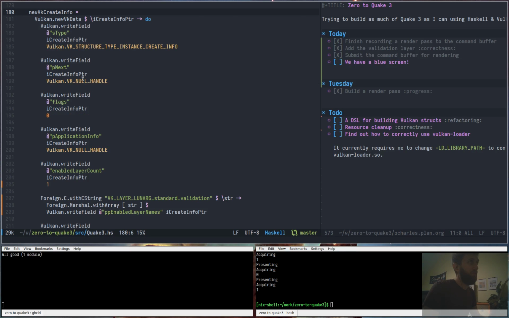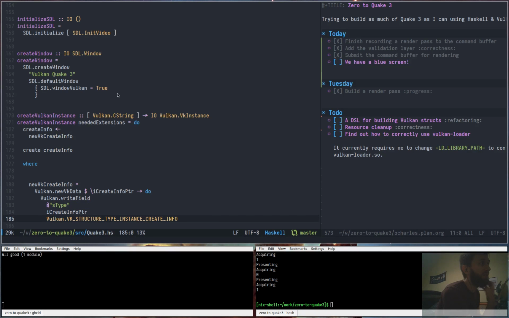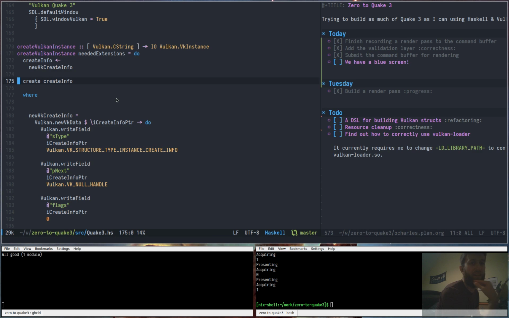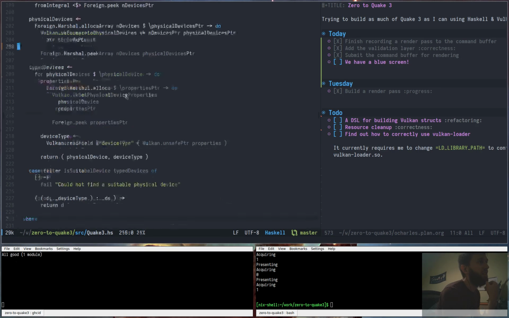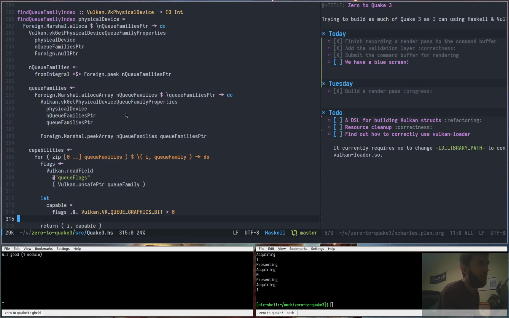This record field stuff is horrible, and the Vulkan API library that we're using does have a DSL that could tidy this up, so I might have a look at that. I'm also wondering if we might benefit from using something like RIO or ReaderT over IO monad in general